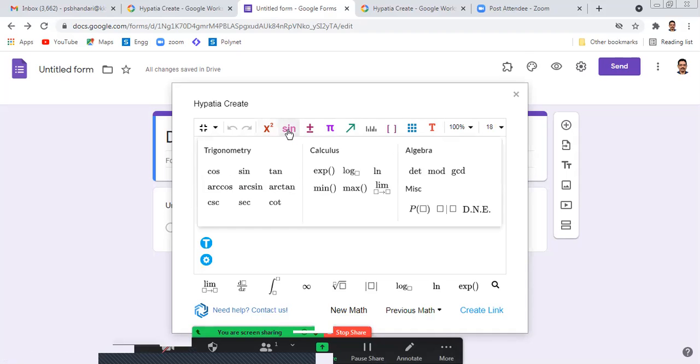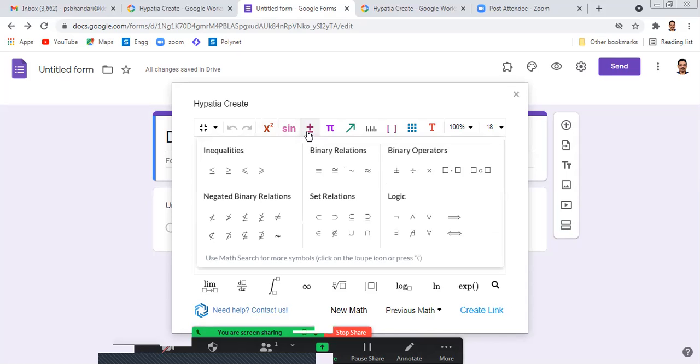Then if you click on sin, this doesn't mean only sin, but it represents a collection of symbols for trigonometry, calculus, and algebra. As per your requirement, you can use it. Then the plus minus sign consists of symbols for inequalities, binary relations, binary operators, negated binary relations, set relations, and logic.